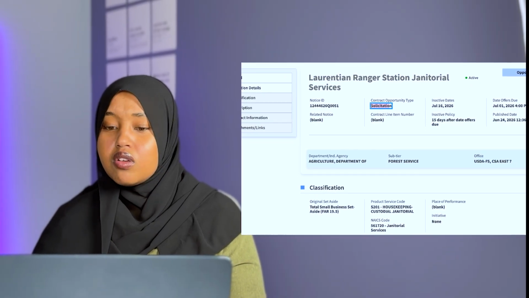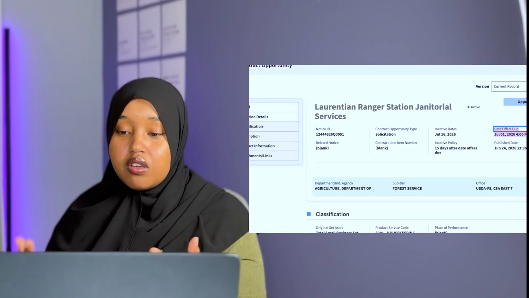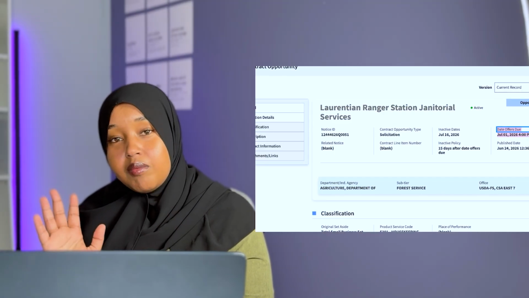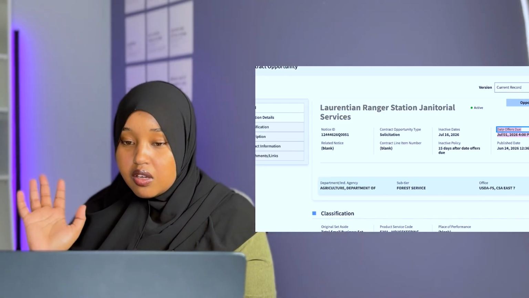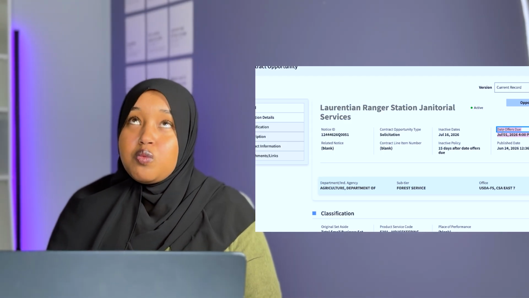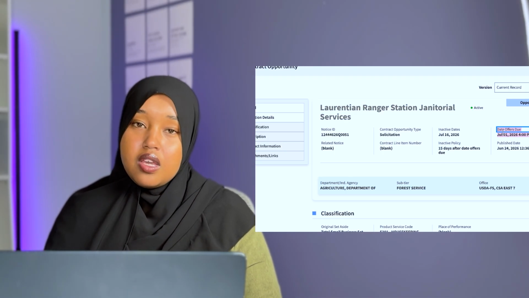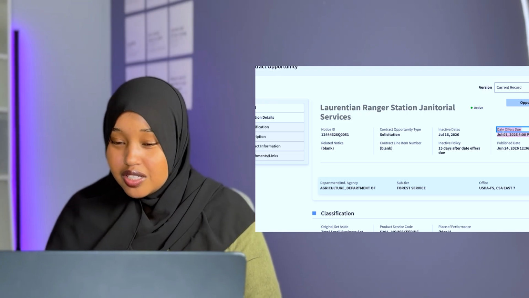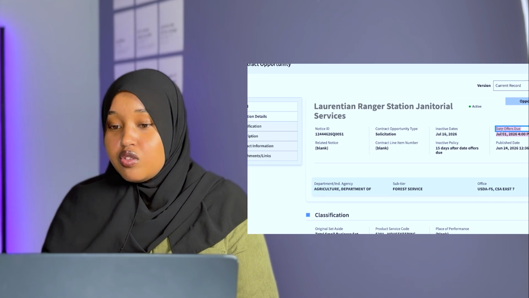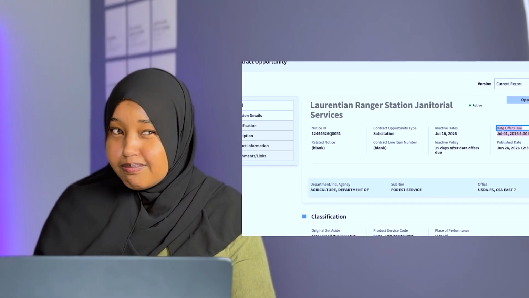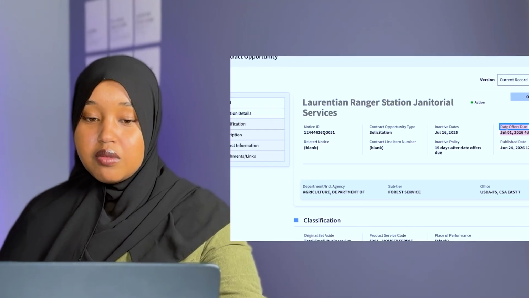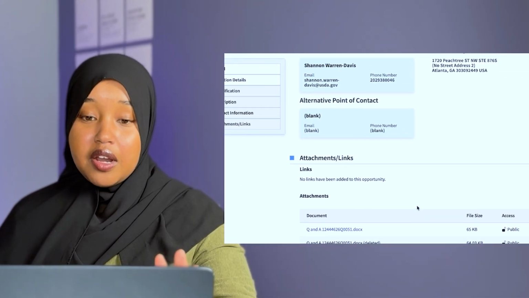Then another thing that you will always have to look for is the due dates. A lot of people prepare, waste their time coming up with pricing, calculating pricing, going on tours, and then they might miss the due date. The due date is one thing that they are very, very strict with. They don't give you extensions like homework in college. So just look out for the due date. If it's due at that specific time, then put the time and the effort in to submit it at that time. If you scroll down, you will see the hiring officer.